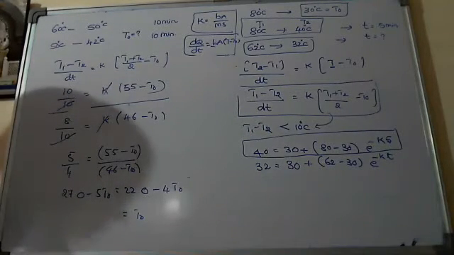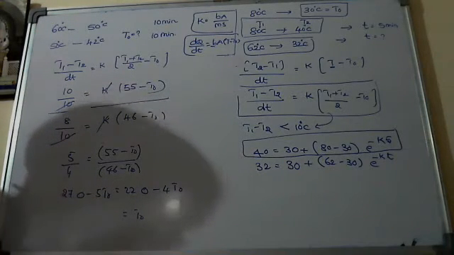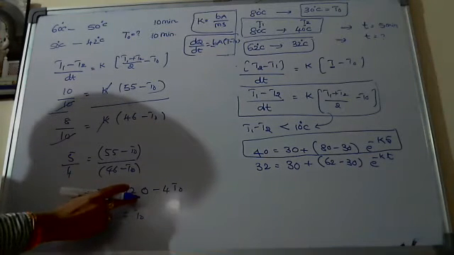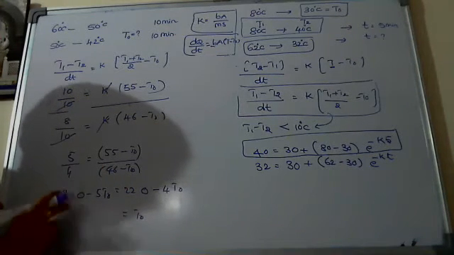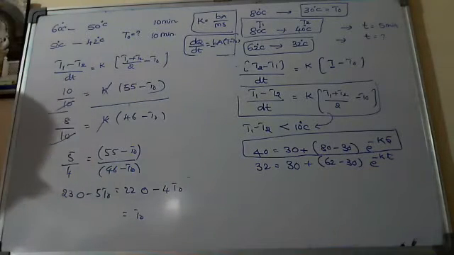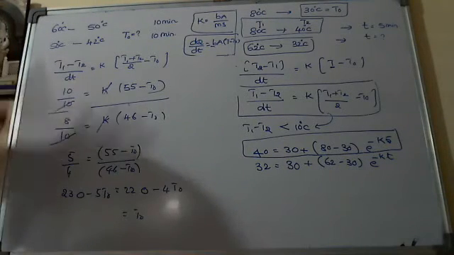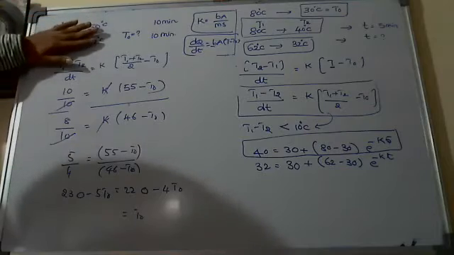What is this? I think you are getting. Sir, that is 230, sir. Which one? 46 into 5, sir. Oh, sorry, this is 230. Then you are getting 10 degrees. Okay, sir, then we'll get 10, sir. Yes, 10 is there in the options. 10 degrees Celsius. So this is the way to solve when the temperature difference is less.